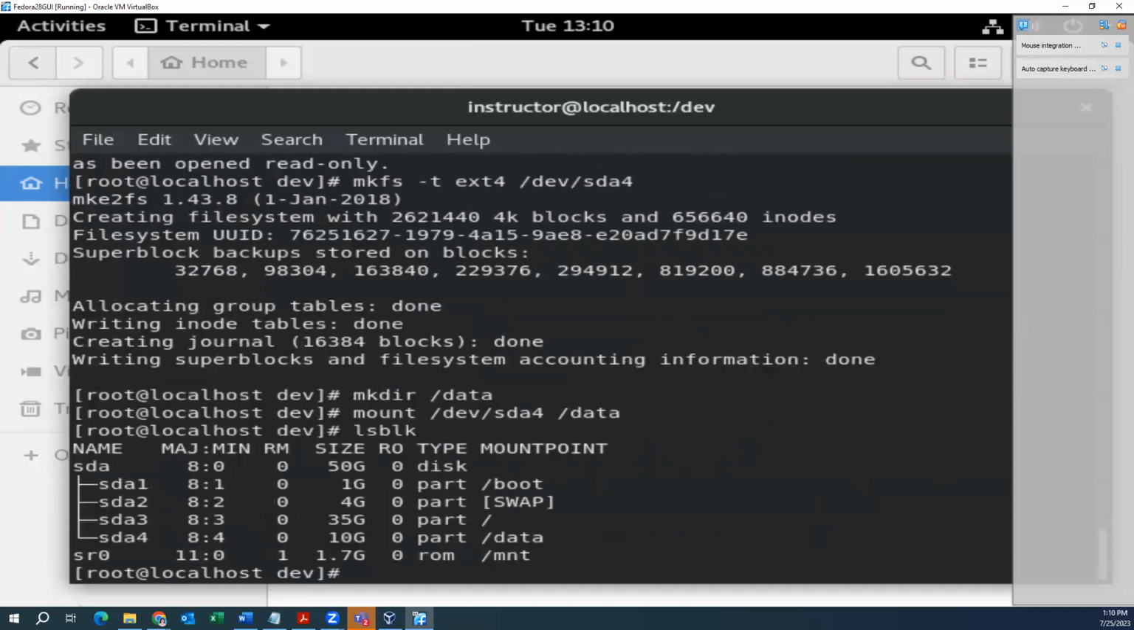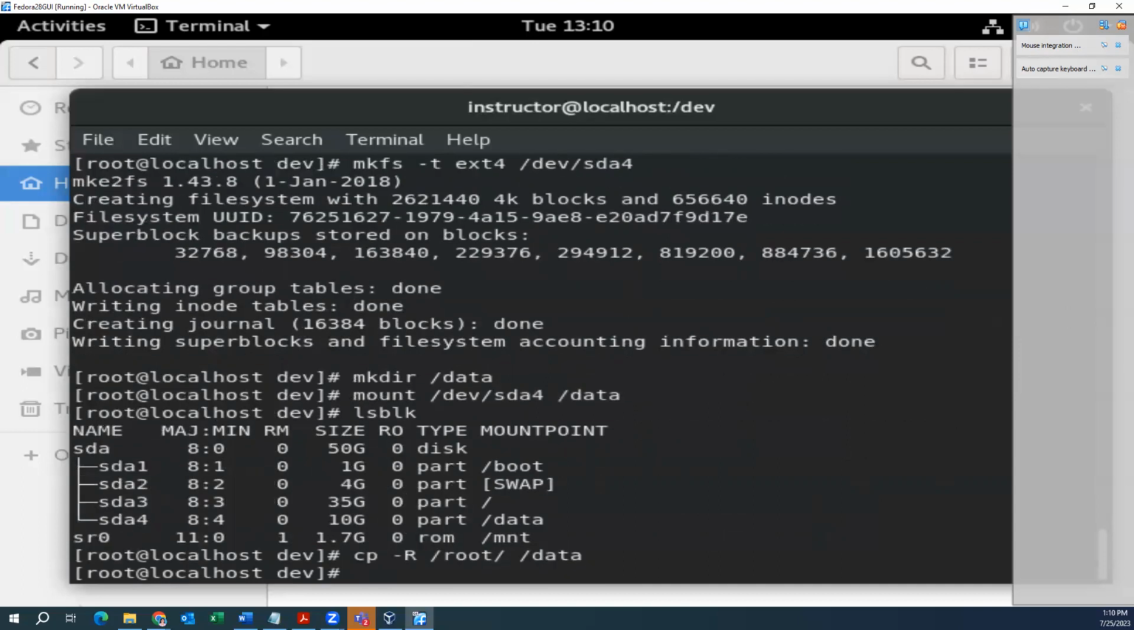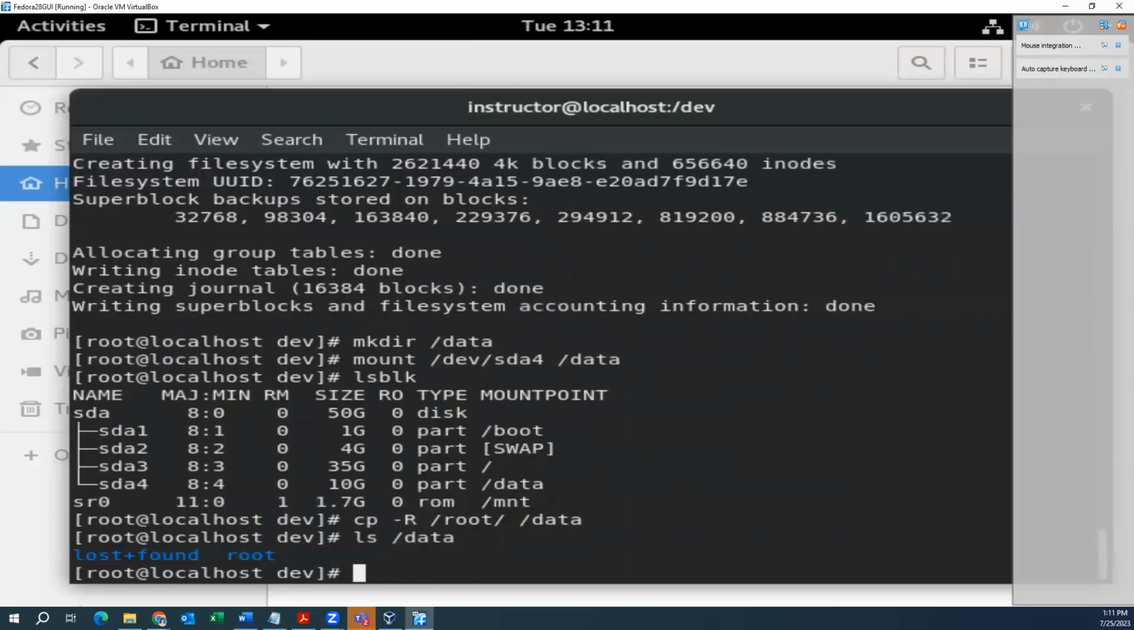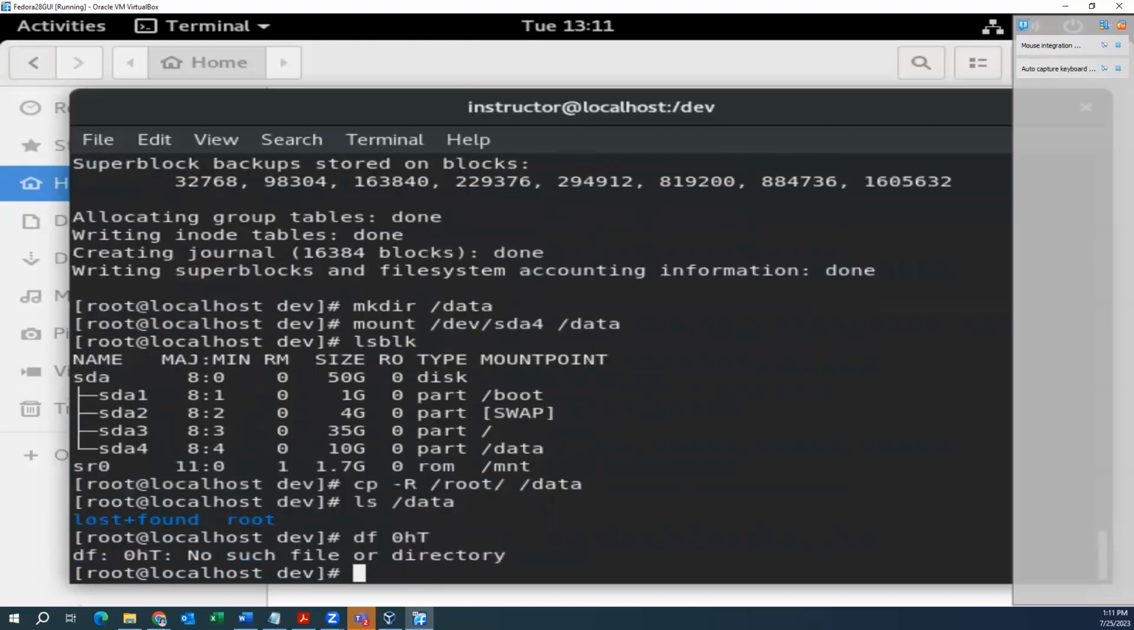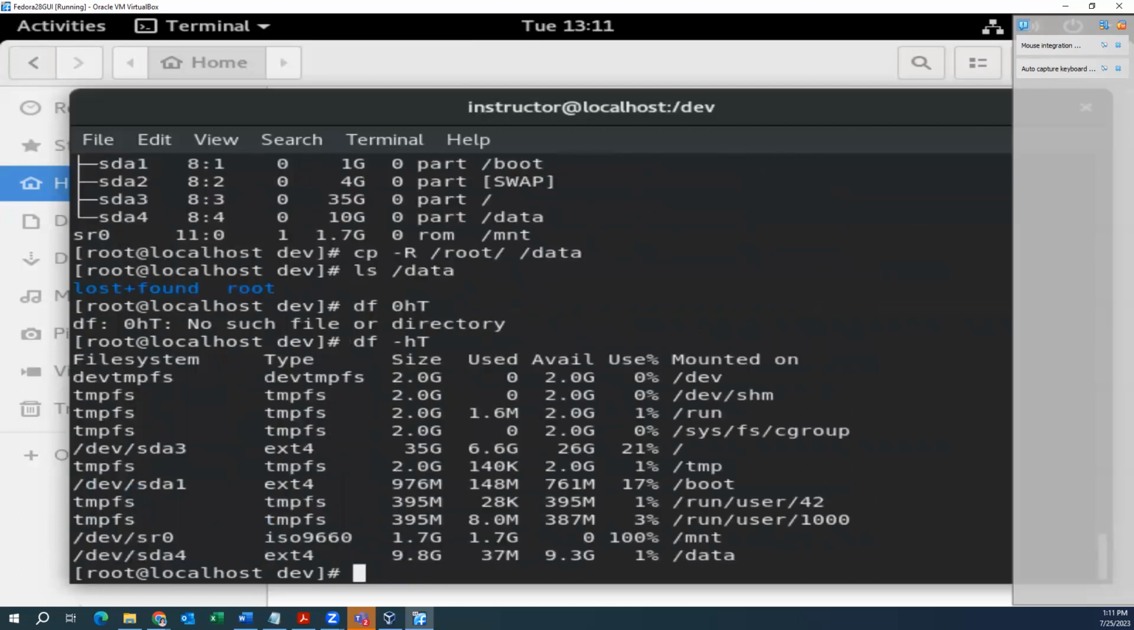lsblk to list the details. Then I'm going to copy recursively everything from root to /data. Then I'm going to do ls /data, and then I'm going to do df -ht. Then I'm going to do umount /data,